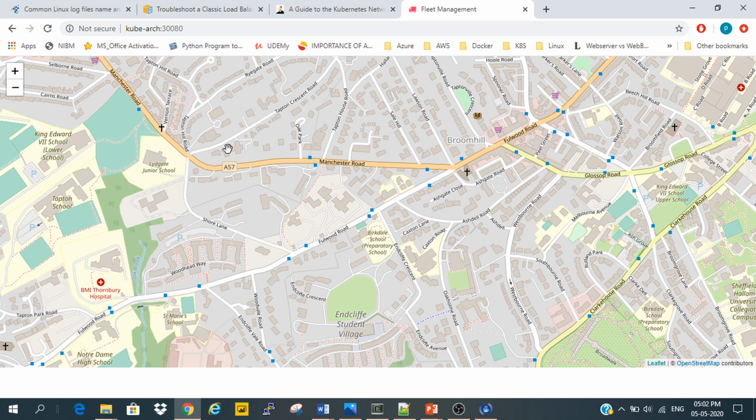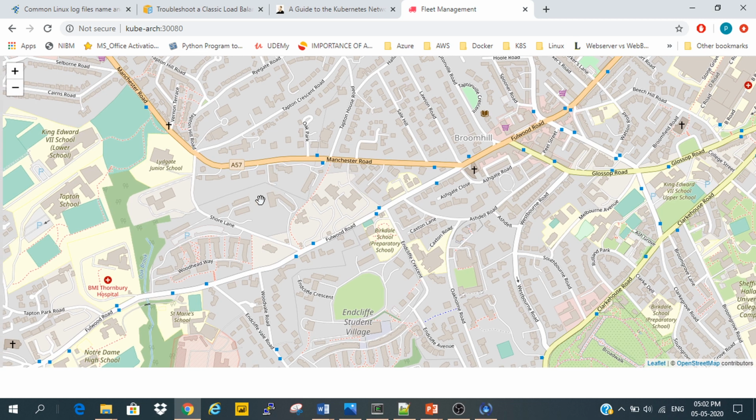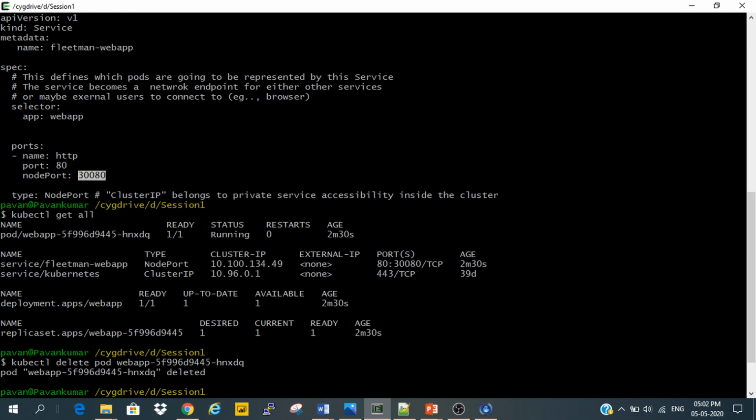Yes, this is the application, a fleet management tracking system. I have taken this application for a better demonstration. See, kubearc 30080. Now I have deleted this pod, and again I have deleted this pod as well, again I have deleted.